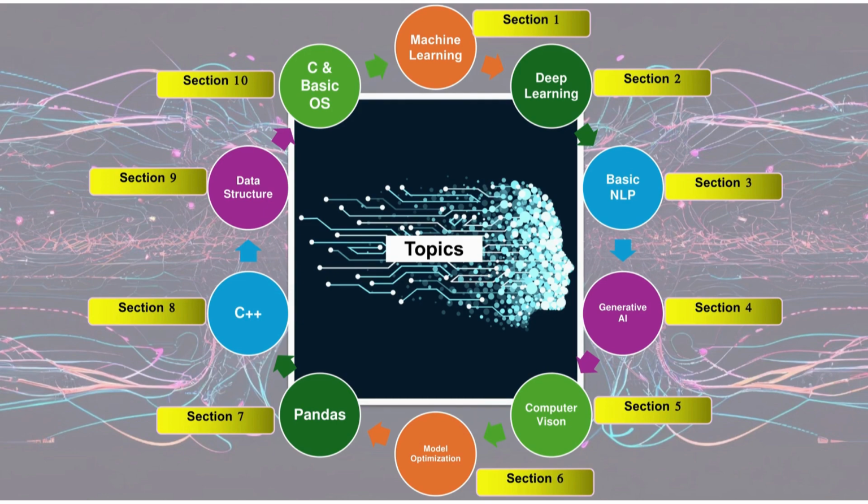Because some of the companies take interviews on data science, I found some common questions they asked with respect to pandas, so that we will see. And also C++, it is also important, because the most of the companies they will ask